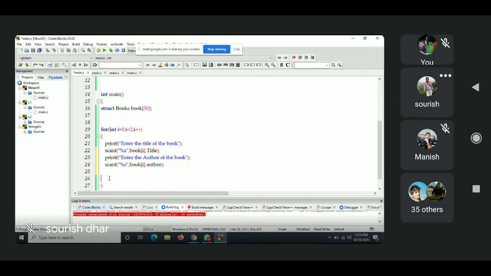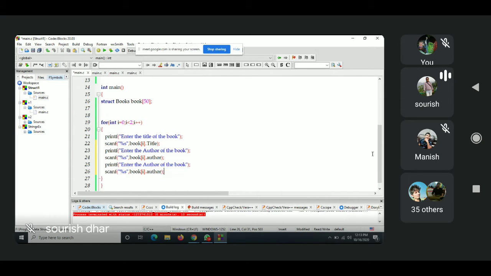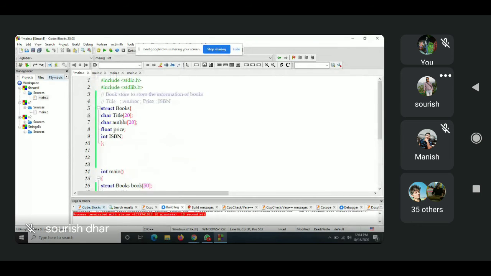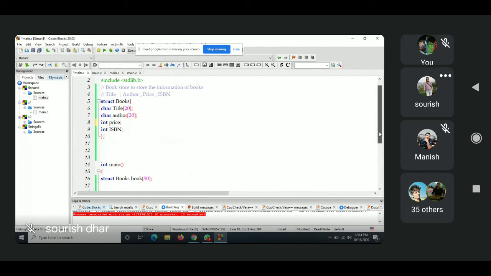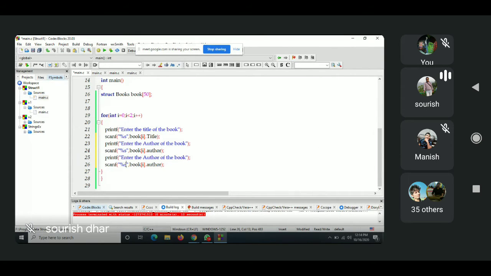Control C, Control V. And instead of making it a float, for simplicity's sake, I will make it an integer. Price is an integer, so I don't have to worry about percentage F now. Enter the price of the book, and I could say here price.